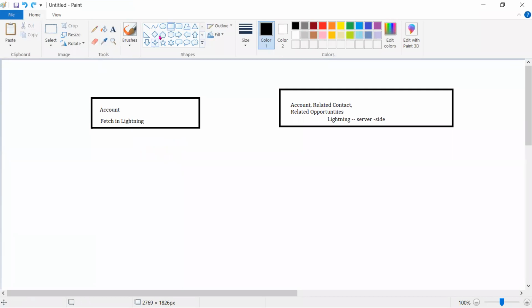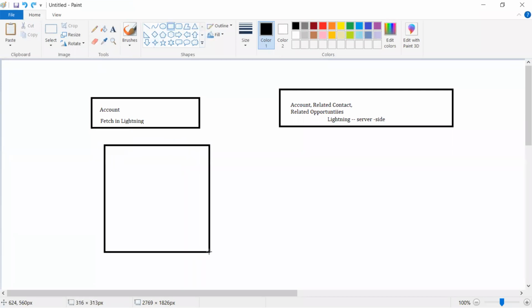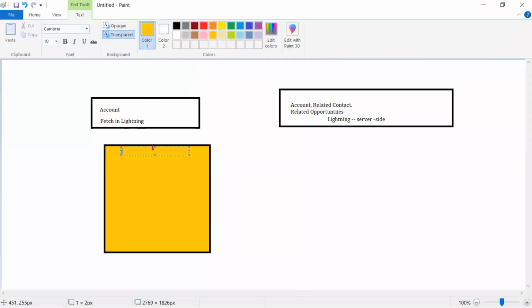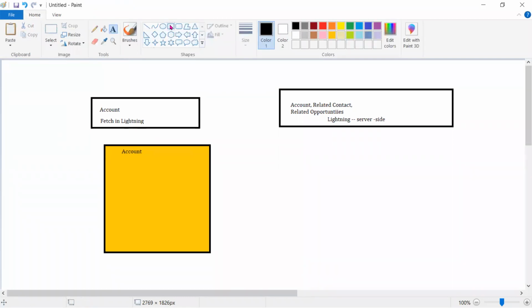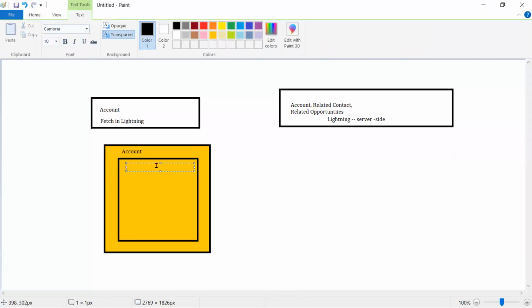Okay, let me do this. I have implemented a component. This is my component, XYZ component. In this XYZ component, I have mentioned the object called account. Within this component, I'm going to insert a pre-built component. On the main component, I'm going to insert a pre-built component. This pre-built component, what it will do,